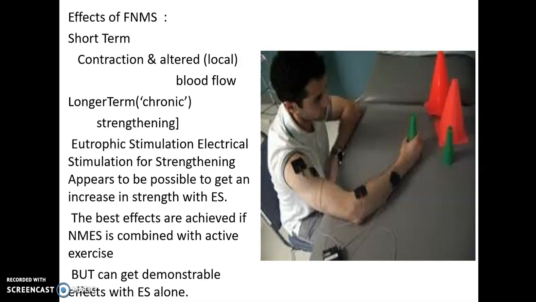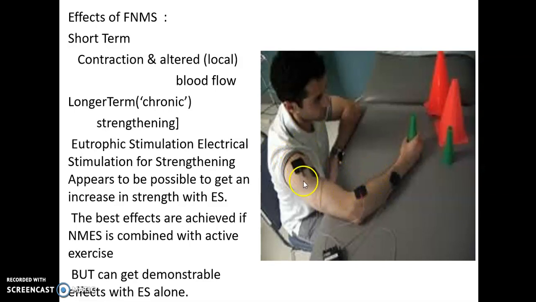So here you can see a simple machine which has been used, as I already mentioned, and you can see that there are two channels, one channel given for the wrist extensor. So here we are trying to improve the patient's hand function. The functional position of the hand is a slight extension of the wrist joint and opening of the fingers with abduction of the thumb. So here the group of extensor muscles are stimulated along with stimulation of the deltoid muscle,